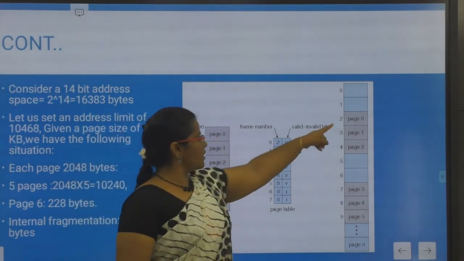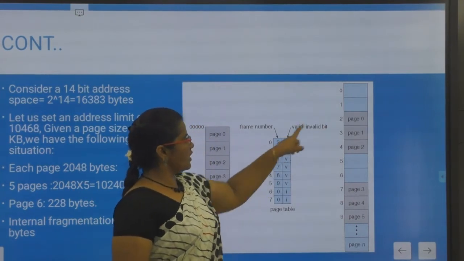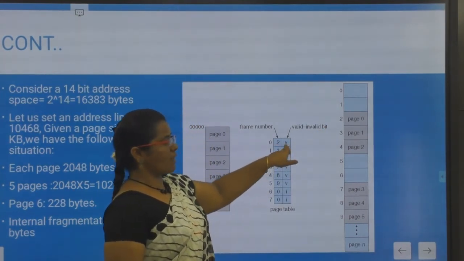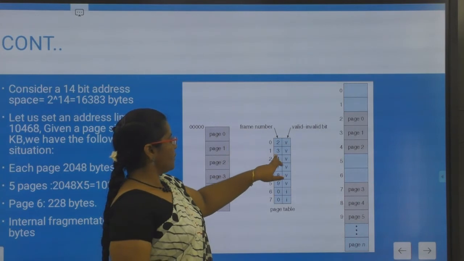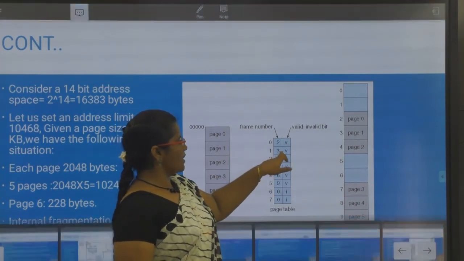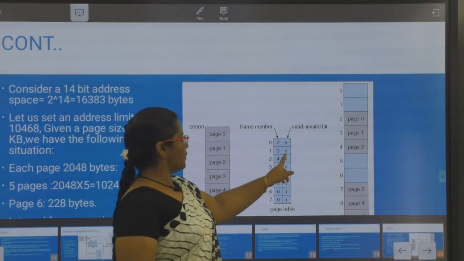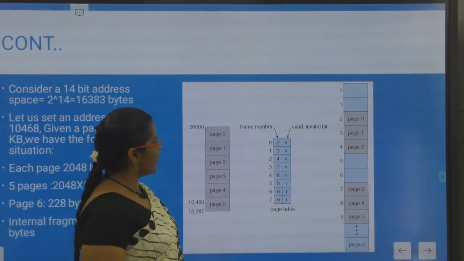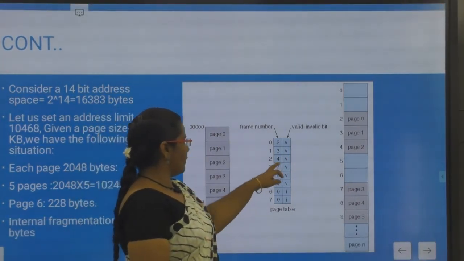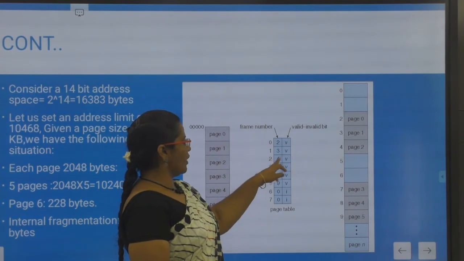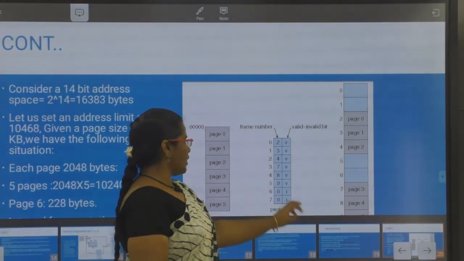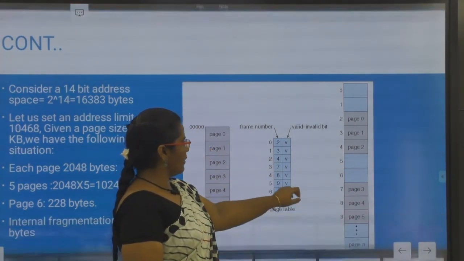Page 0 is present in frame 2, so since it is present, it is marked as a valid bit. Page 1 is present in frame 3, so it is marked as a valid bit. And then page 2 in frame 4, so again it is marked as a valid bit.